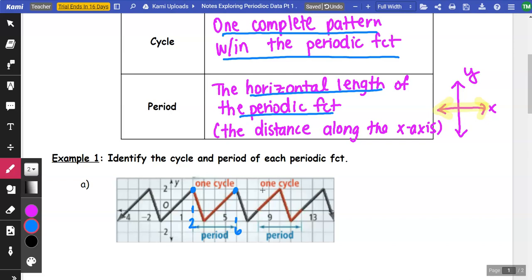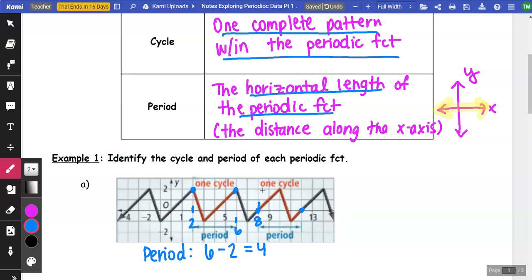So my period is the distance between those 2 points. So the distance means I'm going to subtract those 2 x values, and I end up with 4. Now let's make sure that our period is the same no matter which cycle we use. So for this cycle here,